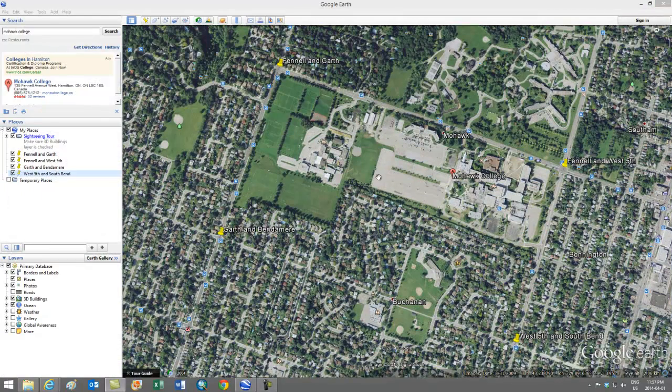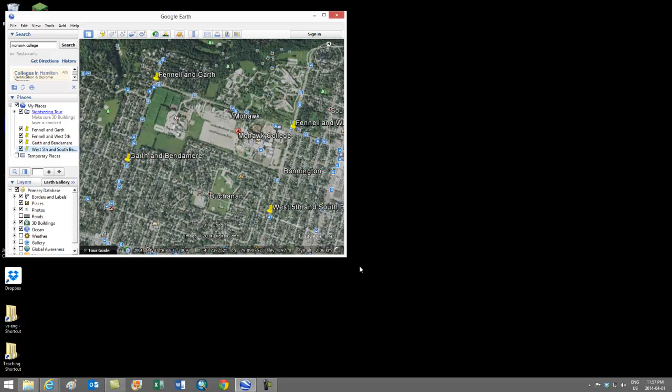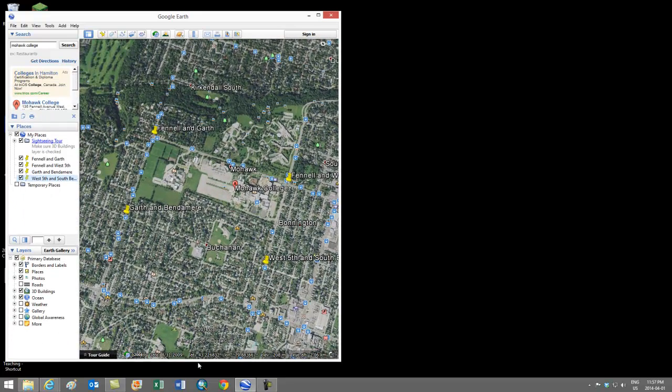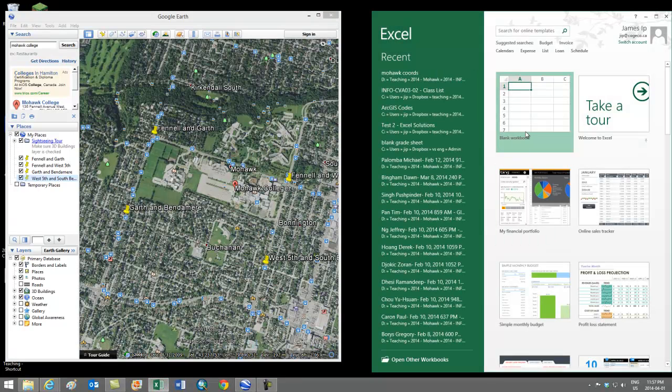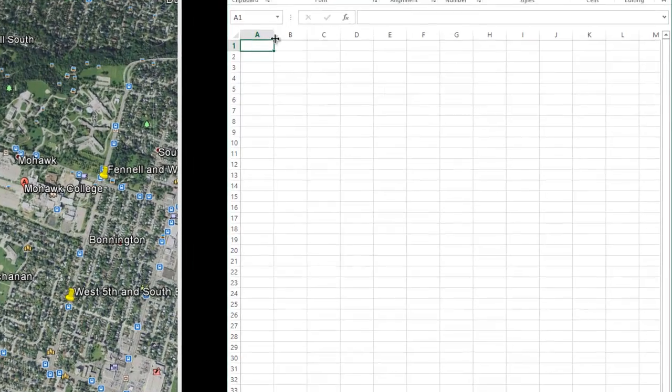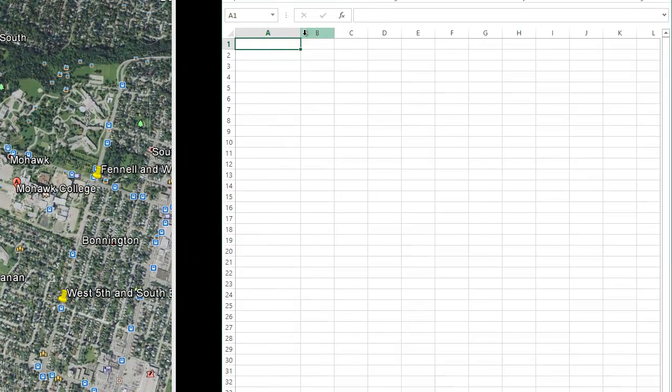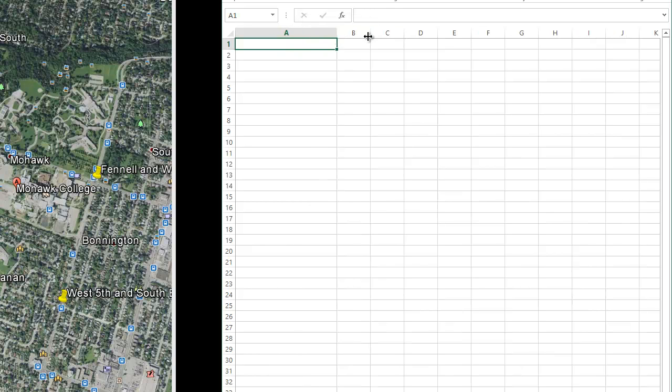This right here is now Google Earth, and one thing that we have to do in order to make the georeferencing a little bit easier in the next few steps is to be proactive here. What we're going to do is I'm going to not minimize it, but reduce this scale, and I'm going to start up Microsoft Excel. Now you can simply write the coordinates down yourself, but I find this a little bit faster, a little bit easier. And all I'm going to do is just